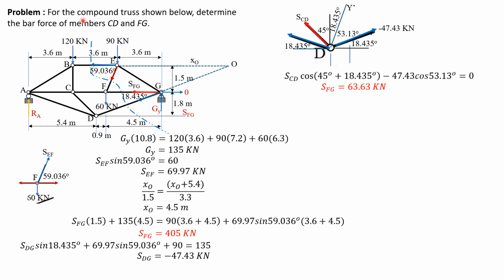So here is the problem. For the compound truss shown below, determine the bar force of members CD and FG. So if you notice, you cannot find a